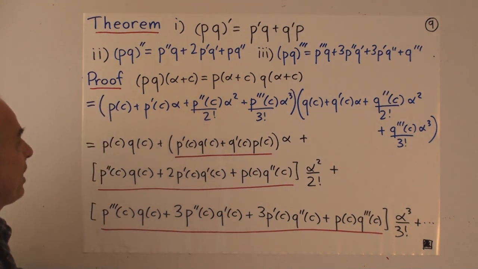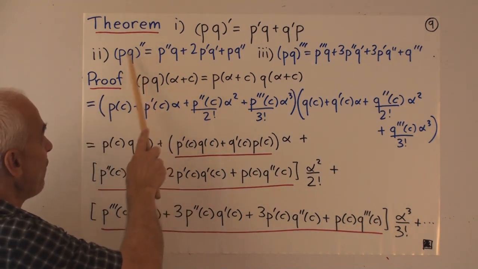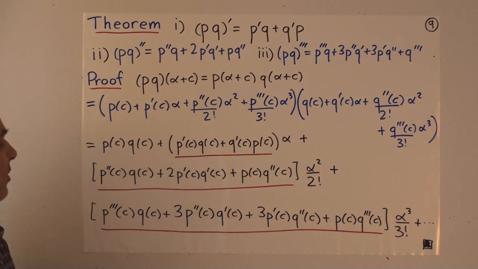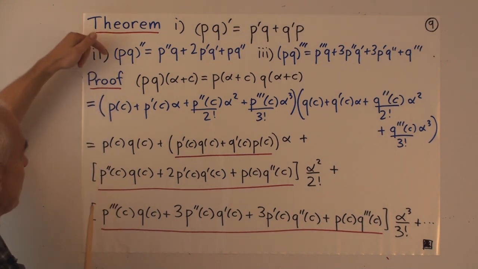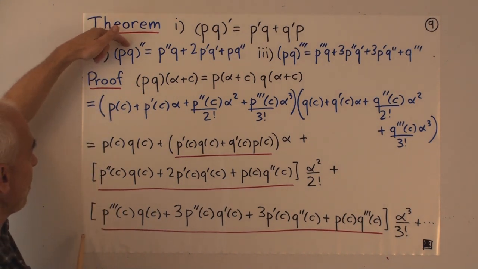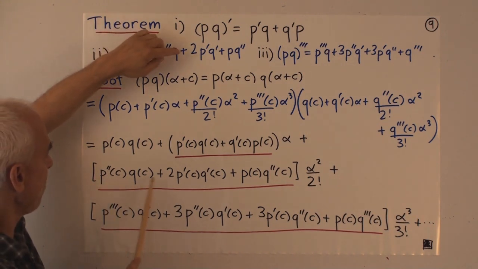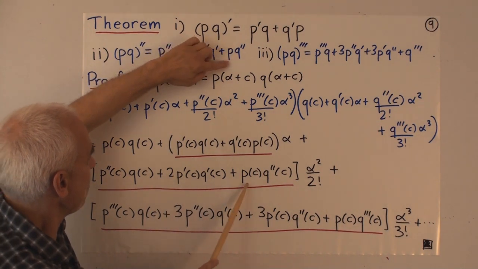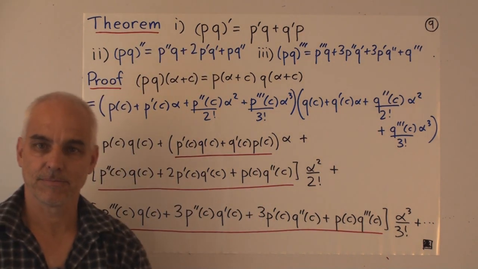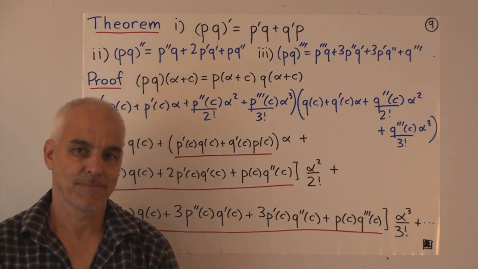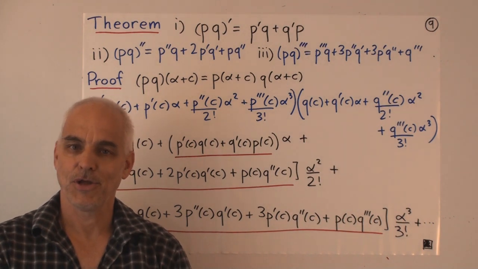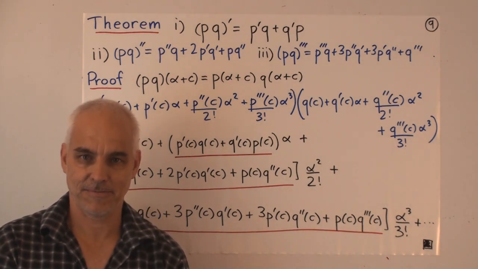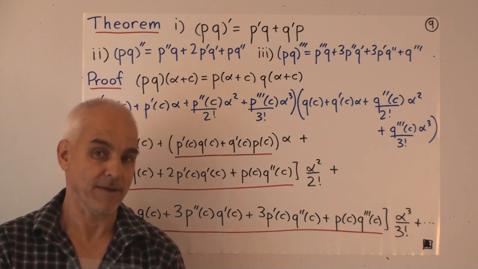And we know that that's going to be the second derivative of the product p times q evaluated at c. And so if we just write it out without any c's, the second derivative of p times q equals p double prime times q plus 2 p prime q prime plus p times q double prime. We're doing calculus completely algebraically using linear algebra as the basis. It's a very cool idea.